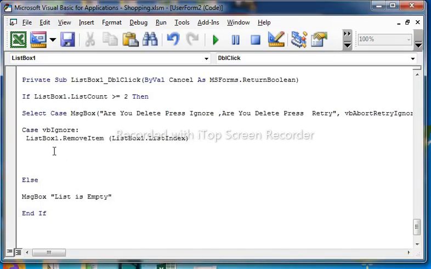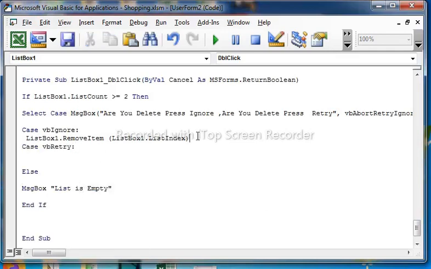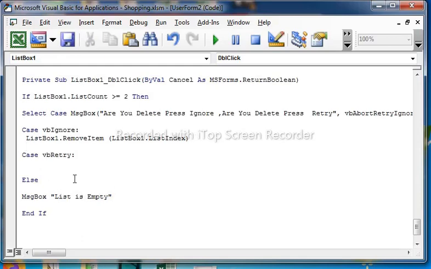Okay, select grade is list removed item. Okay, list index in case, select case glittery. Okay, select case glittery here